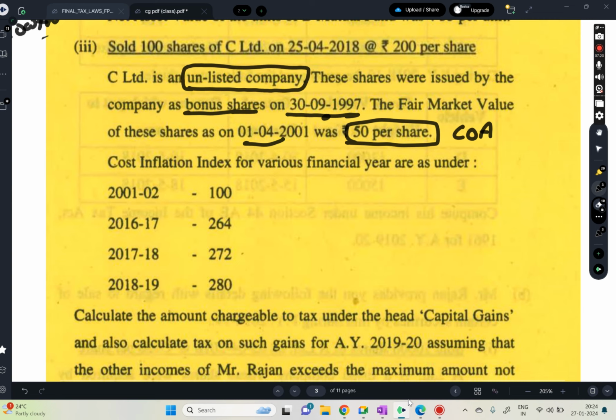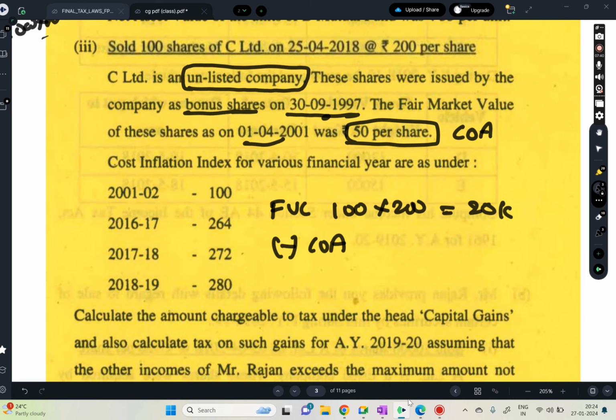So let's see here at what price we have sold 100 shares into 200. This will be the FEC. FEC is equal to 20,000 minus cost of acquisition. Cost of acquisition will be,